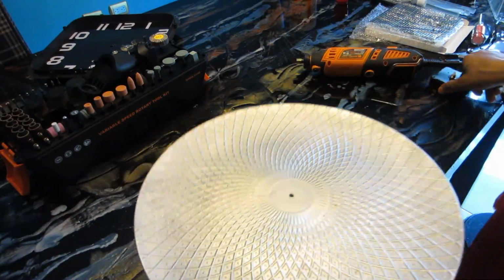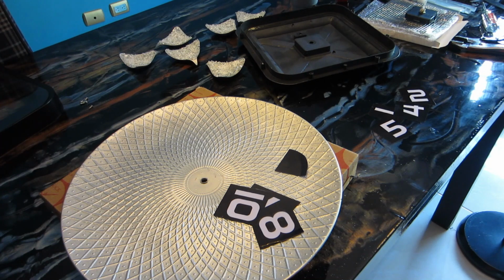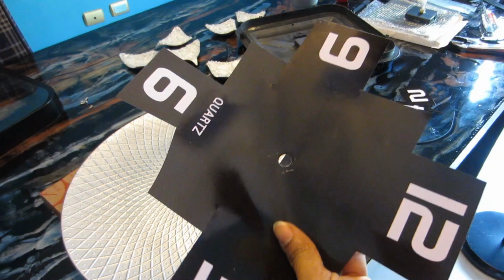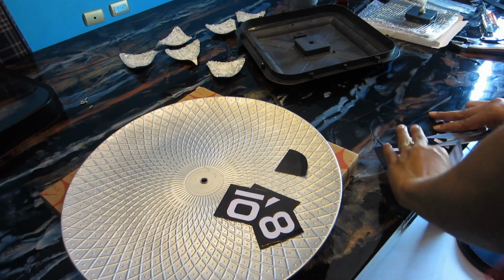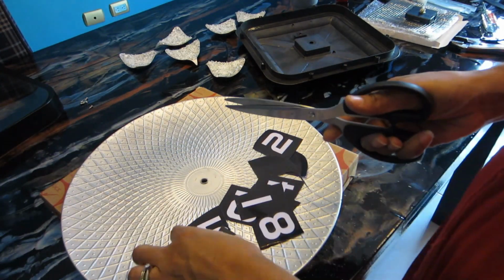And I'm also gonna use some of the numbers from the clock, except for the 12, the 3, the 6, and the 9. We're gonna use those numbers. I'm gonna cut them down, and once I get them to the shape that I want,